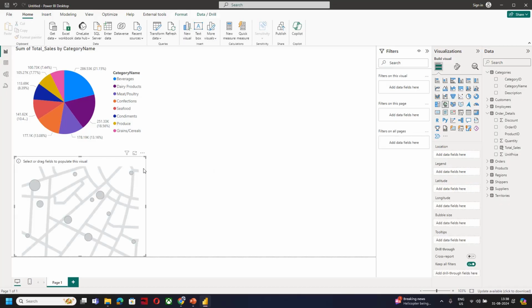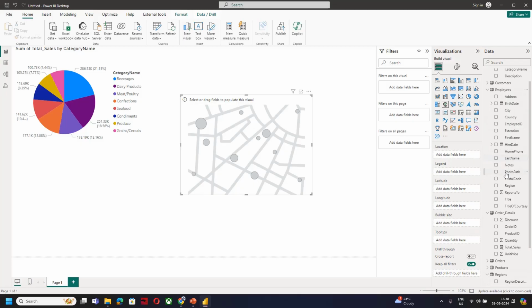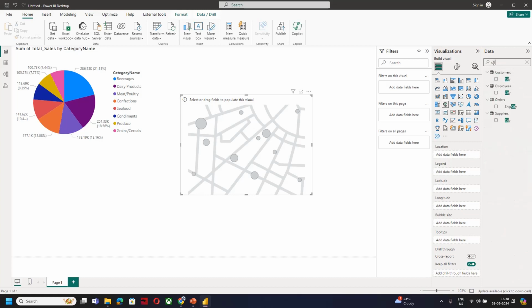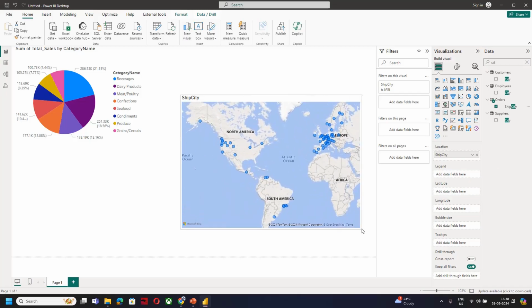सिंपल वाला मैप ट्राई करते हैं। इसके अंदर हम रीजन्स में जाएंगे या फिर टेरिटरीज में जाके हमारे पास में लोकेशन मिलता है क्या, देखते हैं हम लोग। मैंने डेटा रैंडमली उठाया है तो मैं भी आप लोगों के साथ देख रहा हूँ कि मेरे पास सिटी मिलती है क्या। देखो मेरे पास में कस्टमर सिटी, एम्प्लॉय सिटी, ऑर्डर शिप टू सिटी है, तो मैं यहाँ पे शिप टू सिटी को लोकेशन में डाल रहा हूँ। तो देखो यहाँ पे इसने हाईलाइट कर दी कि कहाँ पे कौन सी सिटी है, राइट।